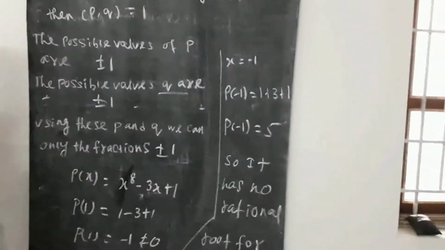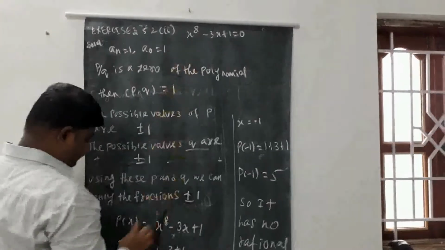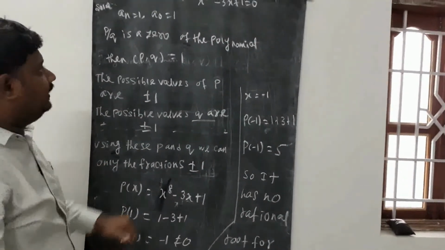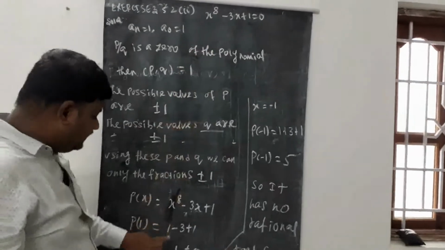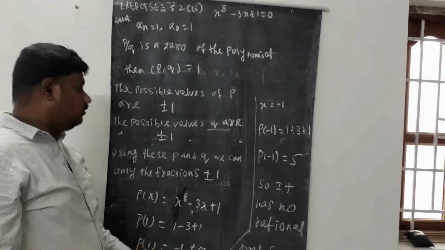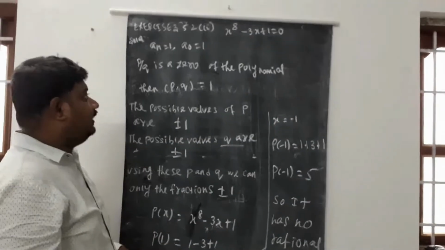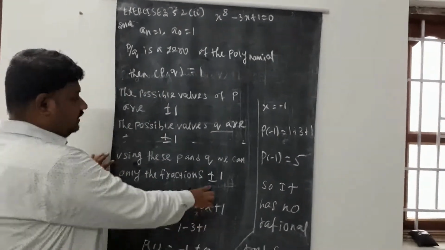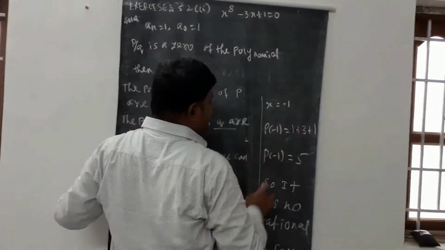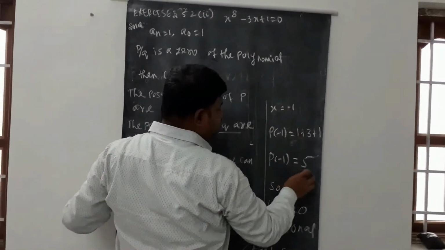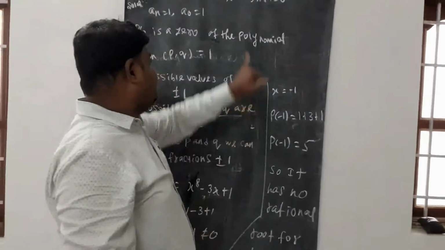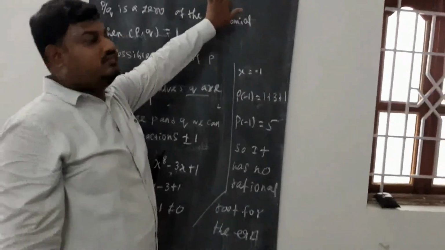Okay, you can apply plus 1 to this equation. I apply plus 1 to this equation, you get minus 1. Therefore, 1 is not a root of this equation. If you get 0, then 1 is a root of this equation. Here, it is not equal to 0. Next, I will substitute minus 1. So x equal to minus 1, I substitute minus 1, we get plus 3. This is also not equal to 0. Therefore, minus 1 is also not a root of this equation.